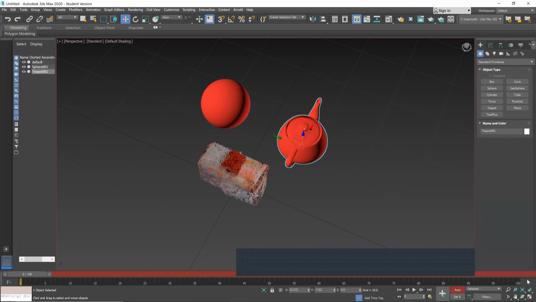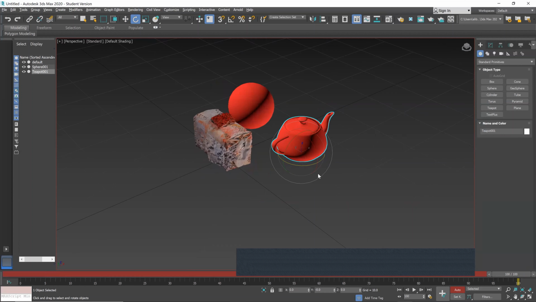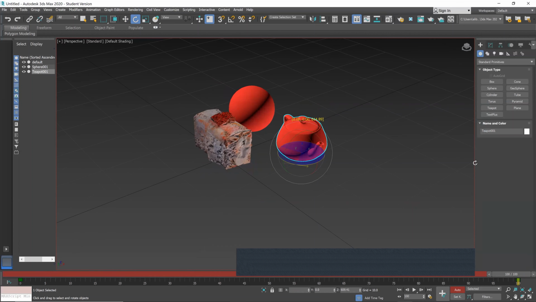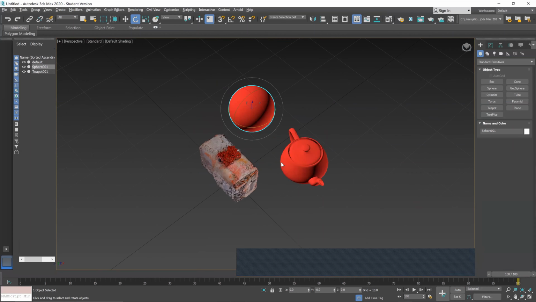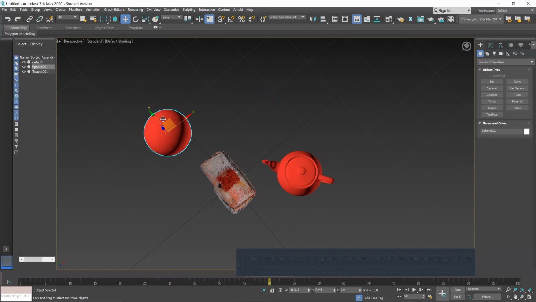So right now I have the teapot selected. I'm on frame 0. I move it over to frame 100 and just hit the rotate tab, and the auto key will automatically create a key here to create an animation for my teapot. And for the sphere, I am now going to frame 50, moving it this way, moving it to 100, moving it around,